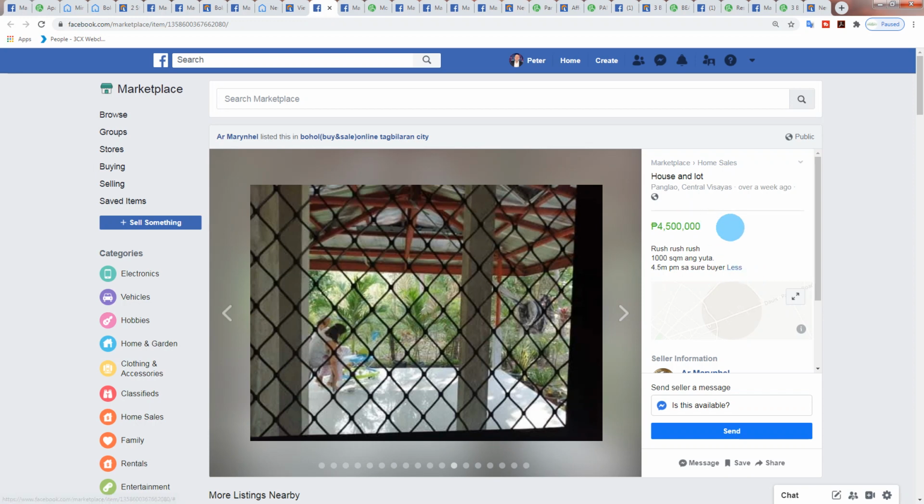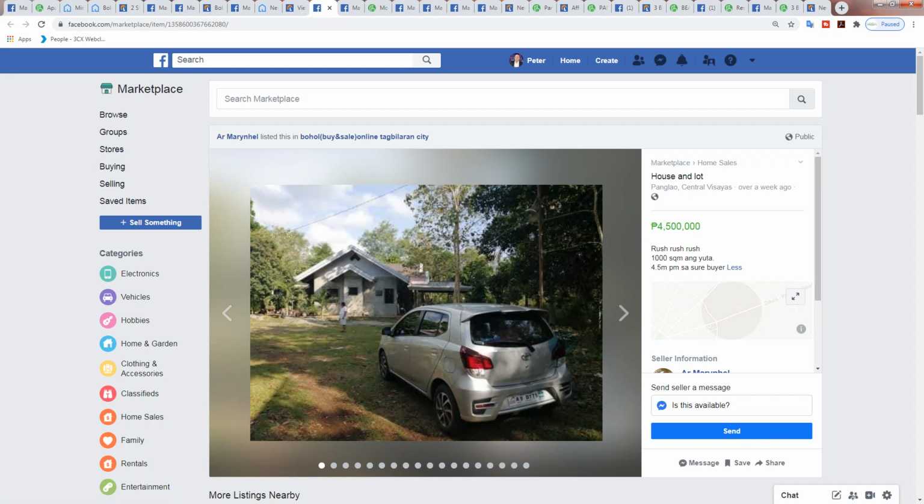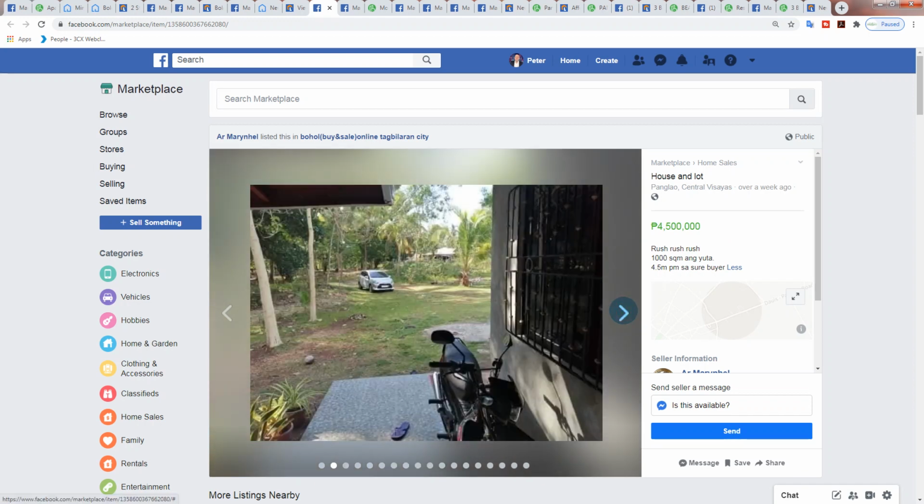This is priced at 4.5 million. It is a rush sale. Let me just click back to the beginning, and this is the property here. It's on a 1,000 square meter lot at 4.5 million. It's great. It's got lots of room to keep building. You might even build a second house there, or you might decide that you want to build a granny flat or separate units. You might build 3 or 4 small units, 34 square meter units, just separate rooms